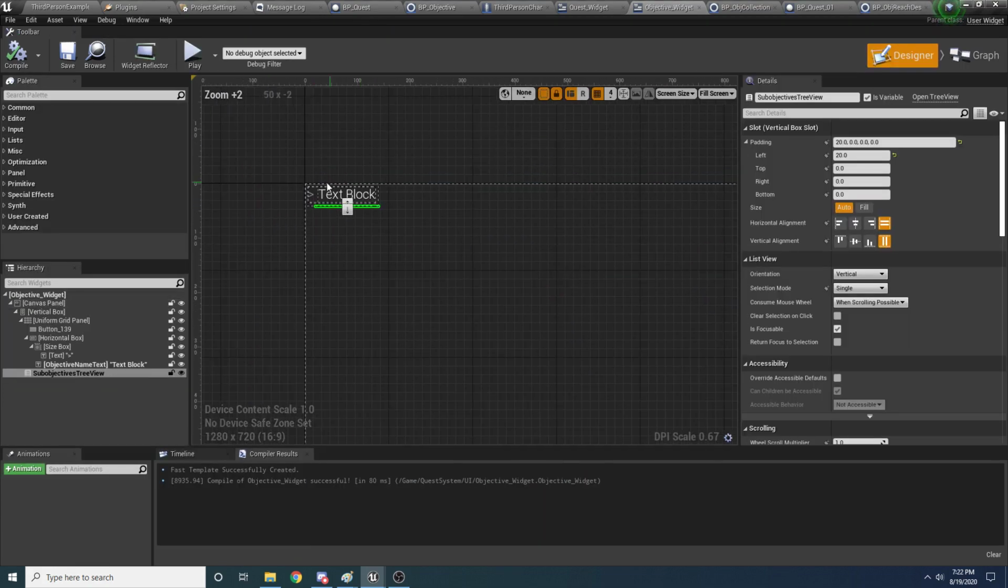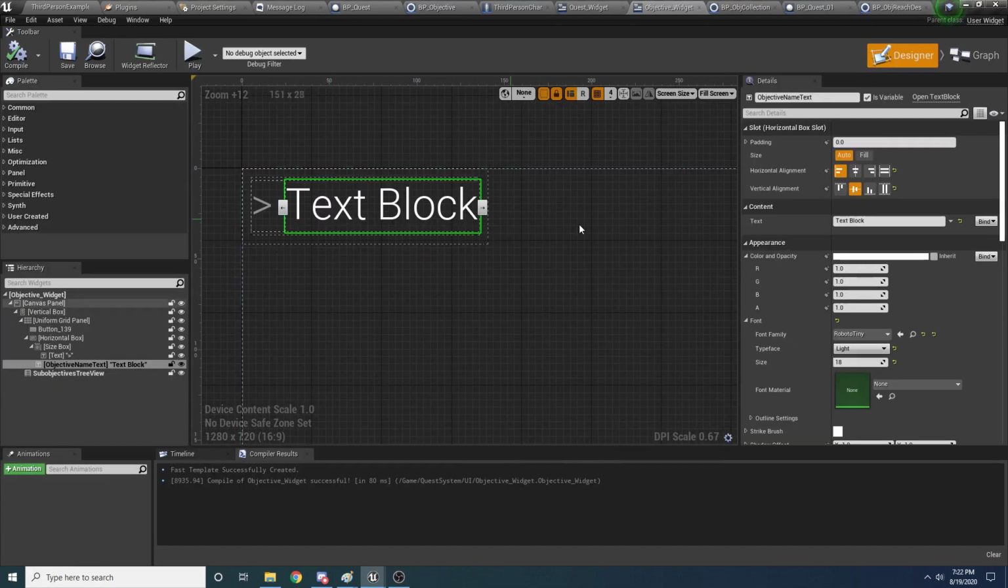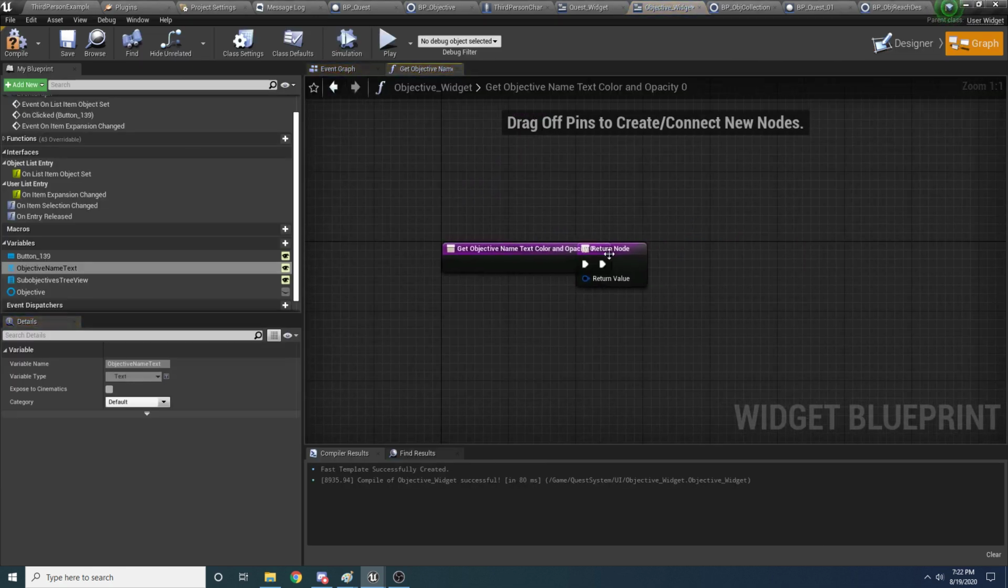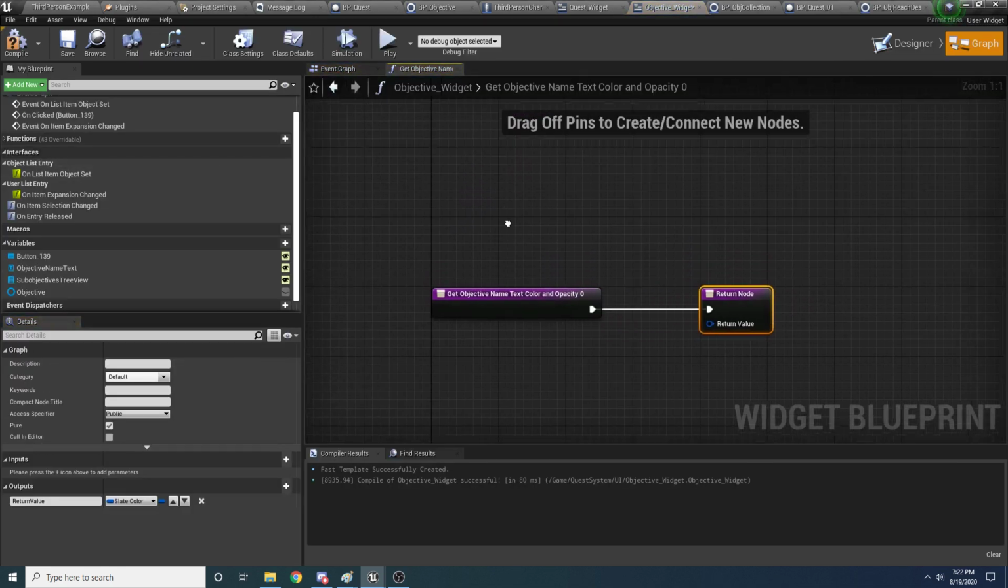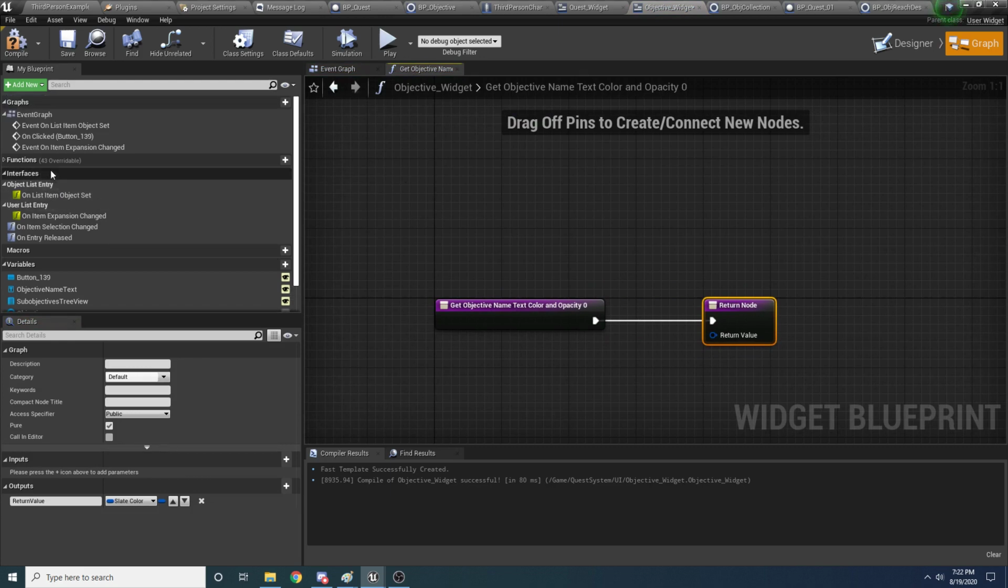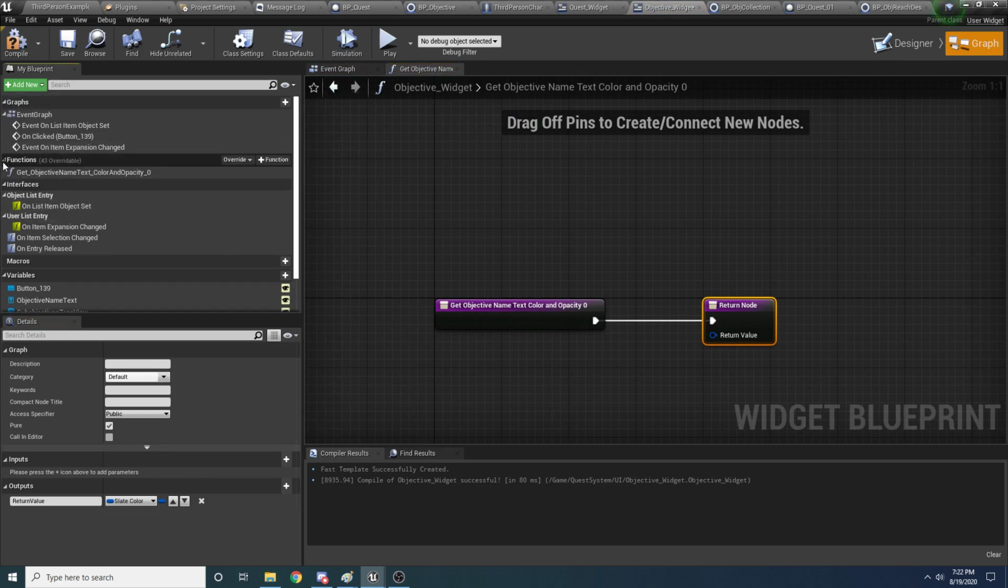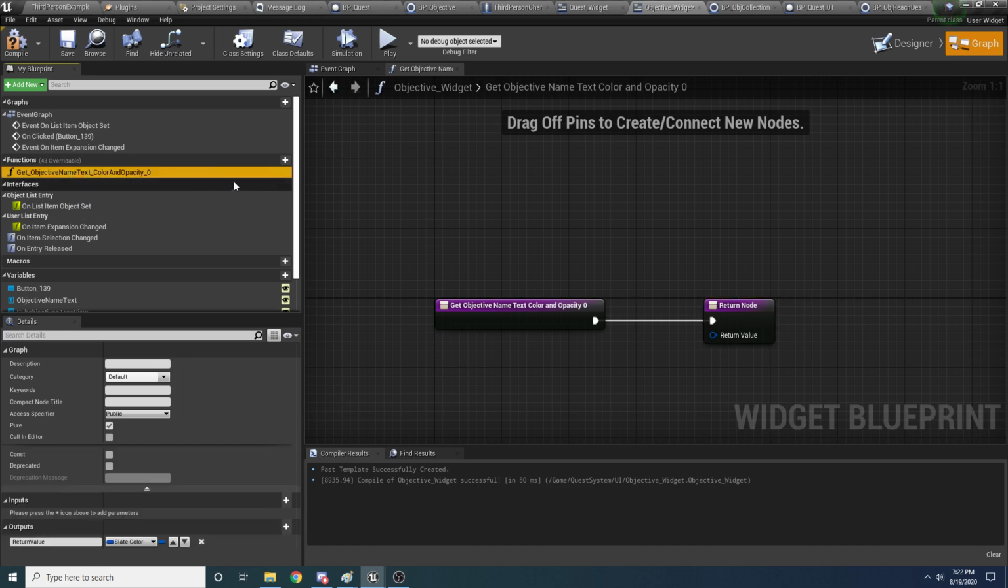For the color, if we come over here and we select our text, we can create a binding to it. So we can bind the text color based on some values. Up here where it says color and opacity, we want to just say create binding. And when we do that, it creates a function for us. It created this little handy function for us, and it named it pretty horribly. So I'm going to rename it to